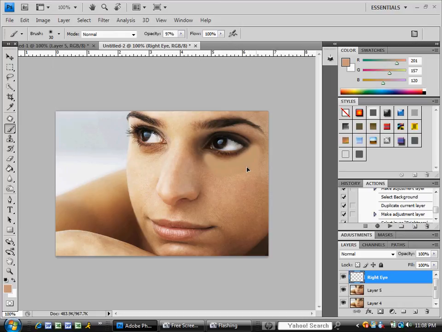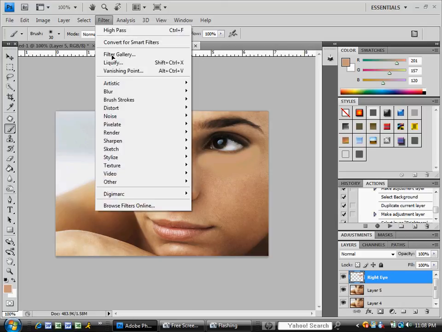Now you see that doesn't look very believable because it looks like just one big blob of color, but it makes it look better. And a way to blend this in more is to go up here to the menu bar, go to Filter, all the way down to Blur, Gaussian Blur. You want to adjust this accordingly to your photo. Not all of them are the same. Just adjust it, and